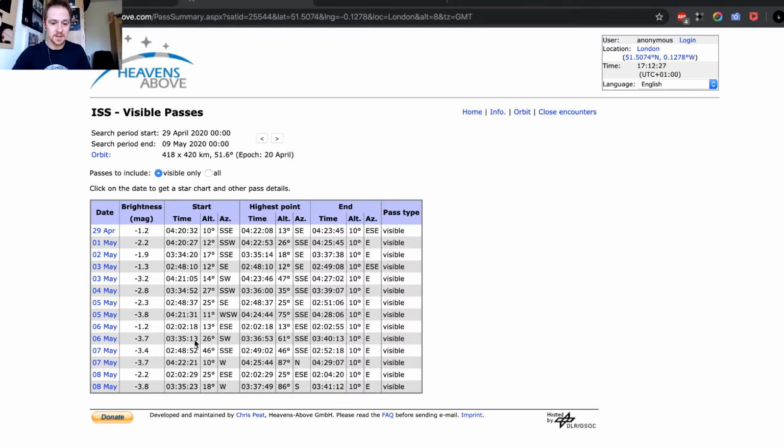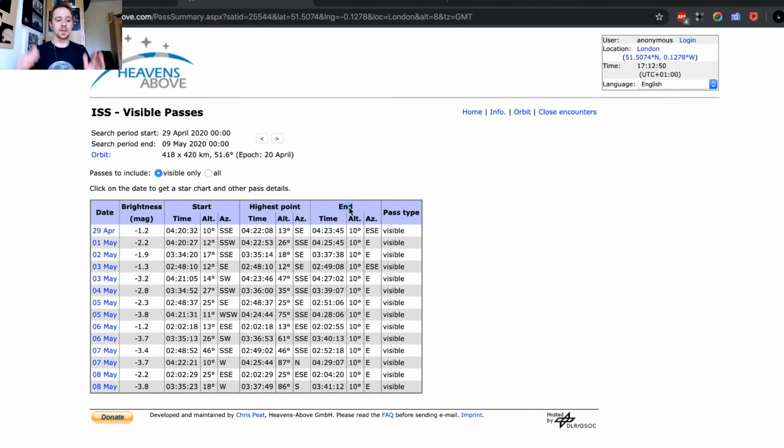And then these are straightforward forecasts, I think. This shows the date on the most left hand side column, and then it shows the brightness. You can see how bright the International Space Station is going to get. We have starting time, highest point, and ending time.